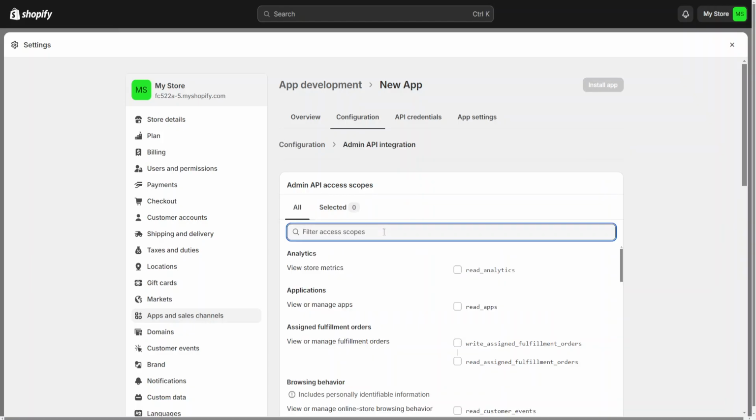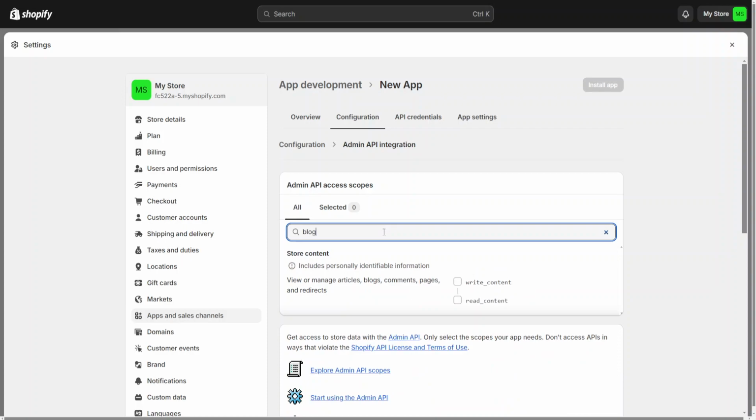From here we want to go to configure admin API scopes, and now we want to filter out some of the things we have access to. I write blog, for example, and now I can just tick these boxes here, and now we click on save, and after it's done with that,